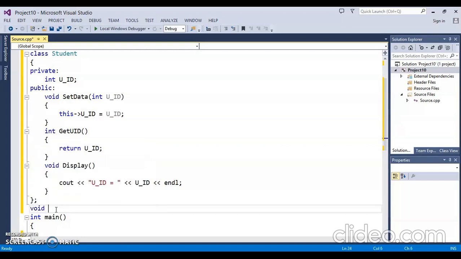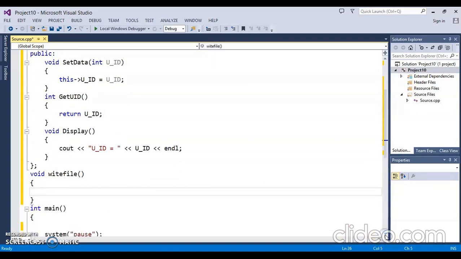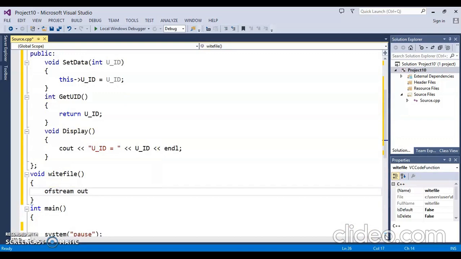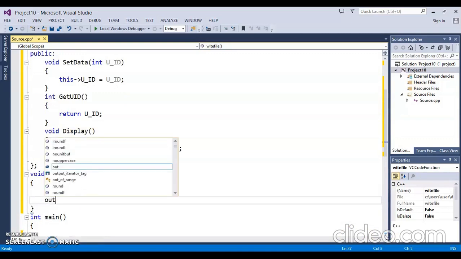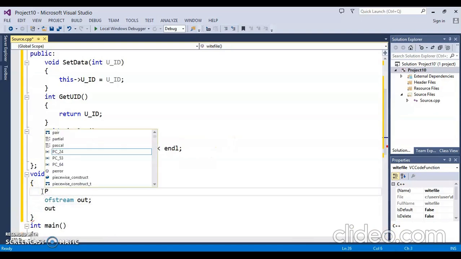So let's say I write void write file. This function declares an object of ofstream class, out, and an object of class student.